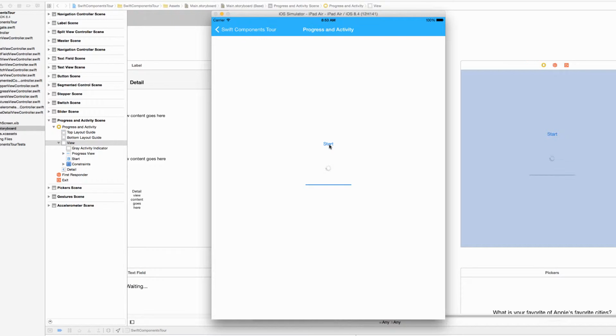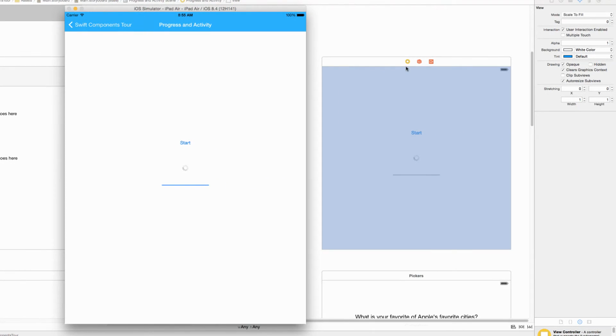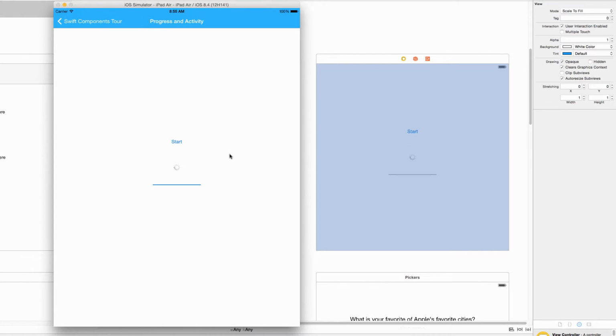And oftentimes, you will have a progress bar maybe hooked up to some report calls from a remote source, or maybe as you're downloading something, you're doing the math yourself in the app, saying, I have so many kilobytes of this so many kilobyte file, and updating the progress bar based on that percentage. So all that means is whenever a user sees either of these elements in an app, they're going to know what it means. So you can see over here on the storyboard, it looks exactly the same as what you